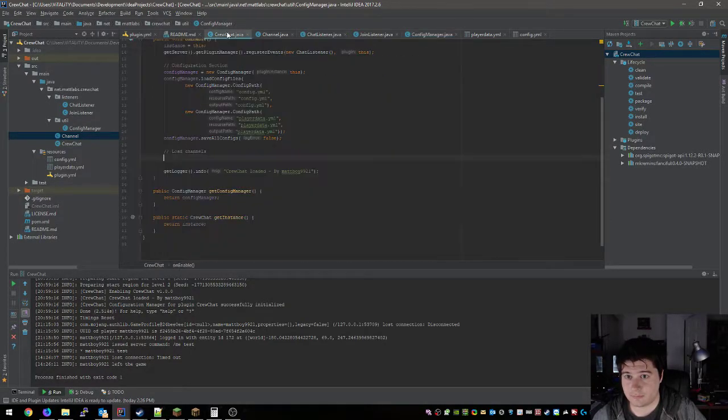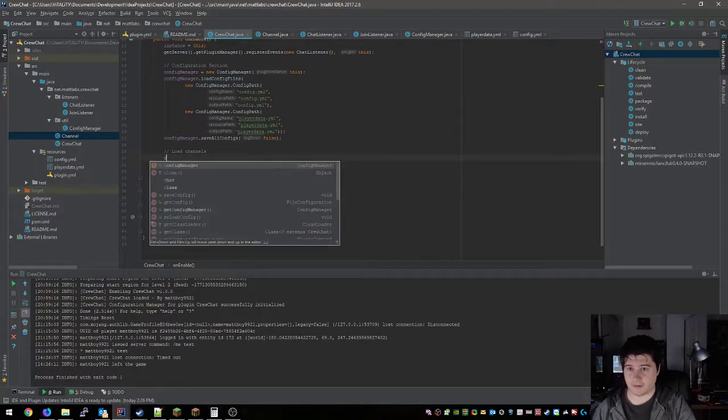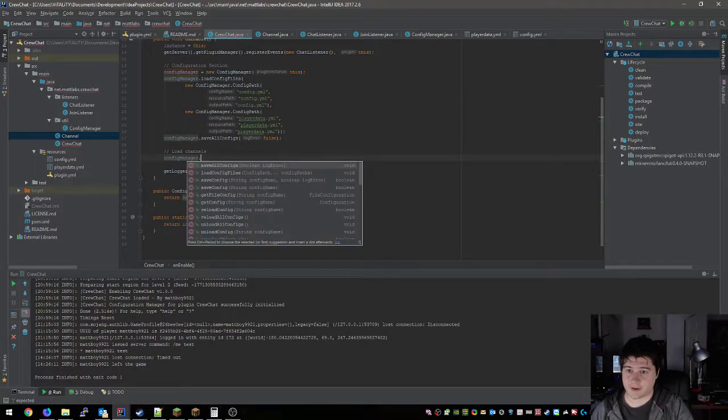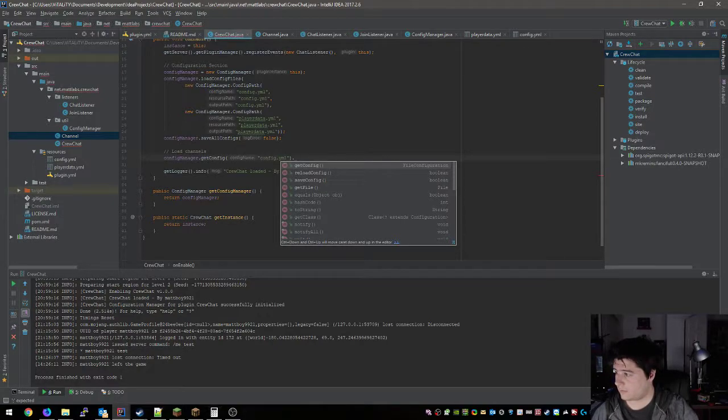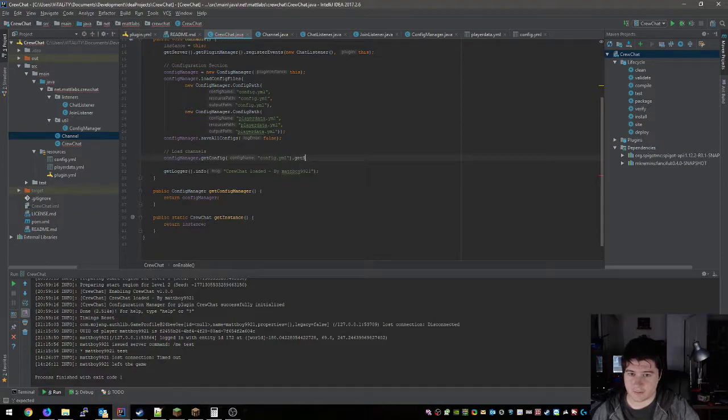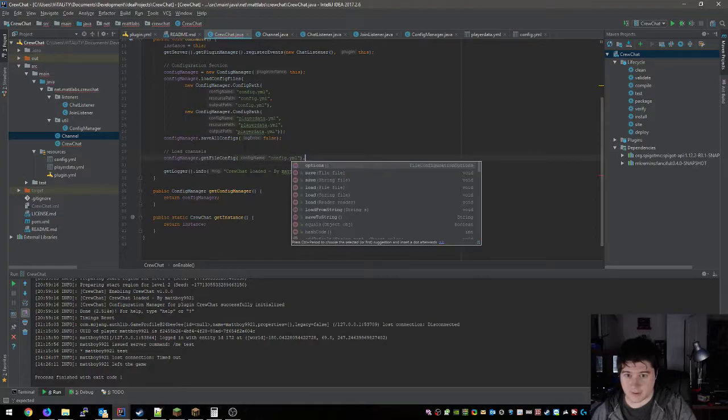So we need to do config manager dot get config, config.yml dot get string. Does that not work? Do we want get file config, config.yml dot